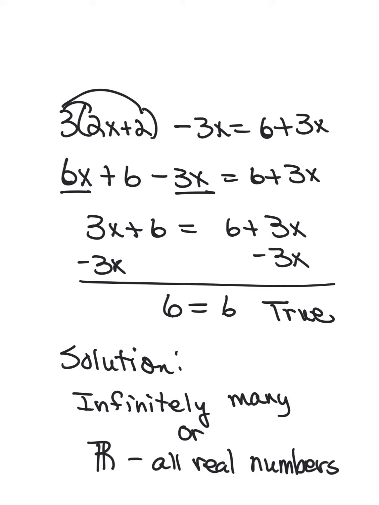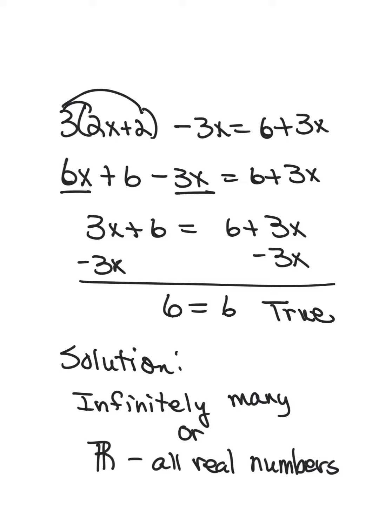All right, at the very end of class, I was rushing through a problem, and one of the students let me know, and I really do appreciate the fact that when I did this one, I did not distribute completely. We have to multiply 3 times 2x plus 3 times 2, which gives me 6x plus 6 minus 3x equals